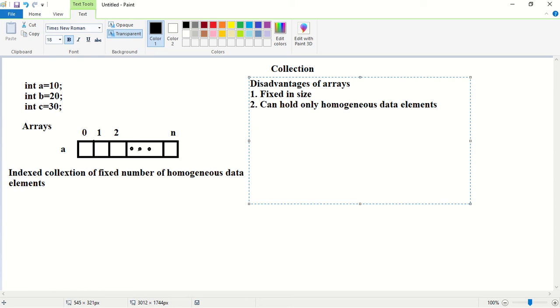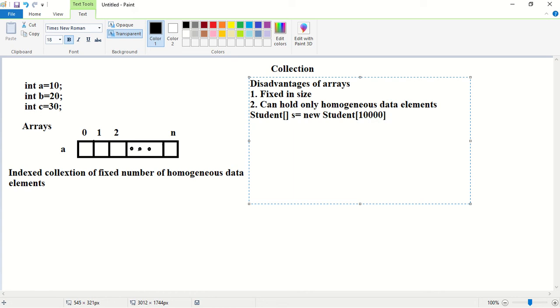For example, I will create an array of student objects. Student s is equal to new Student of 10,000.